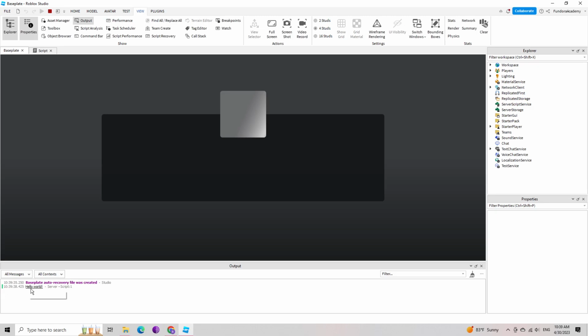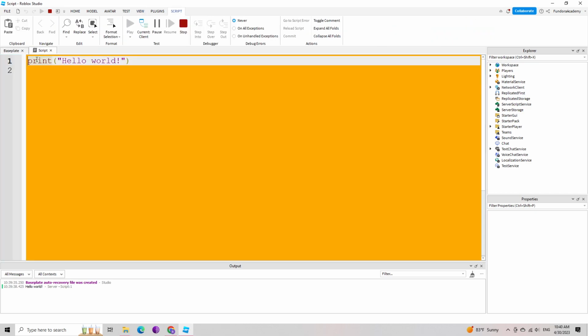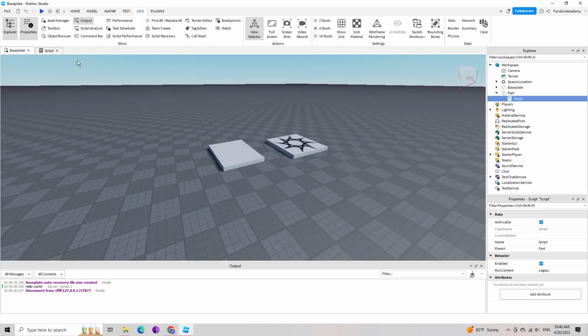Okay, now you see this hello world printed in my output window, right? So it says server script 1. Don't worry about this, we'll talk about this in the future, but at least you saw this hello world is showing in the output because we have a command here that asks the script to print this hello world to the output. Okay, and of course you can change anything in